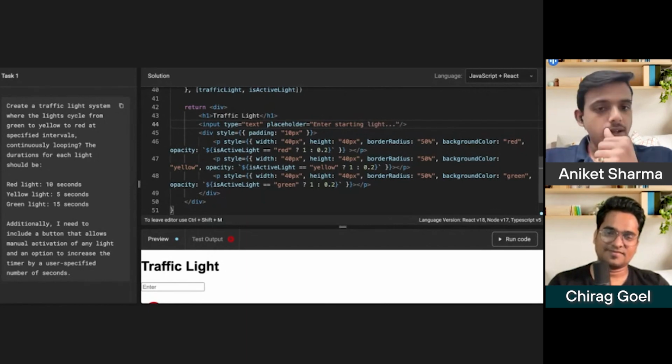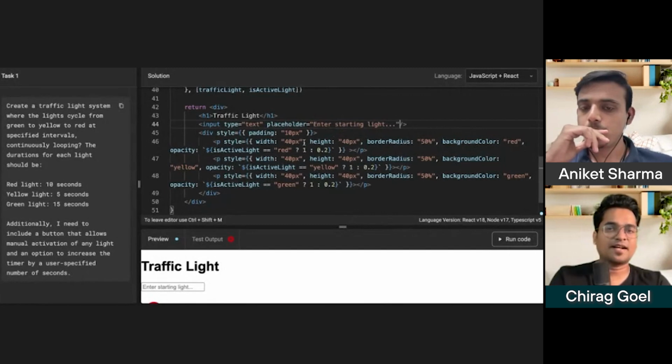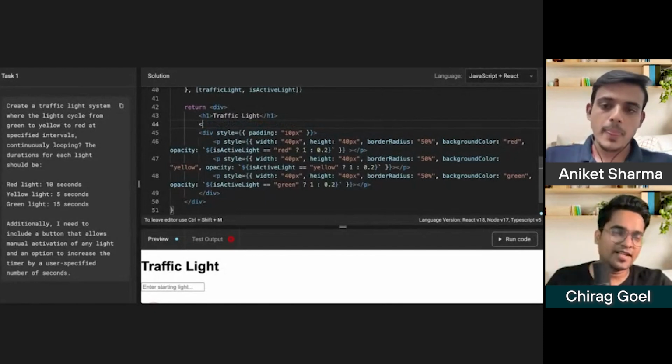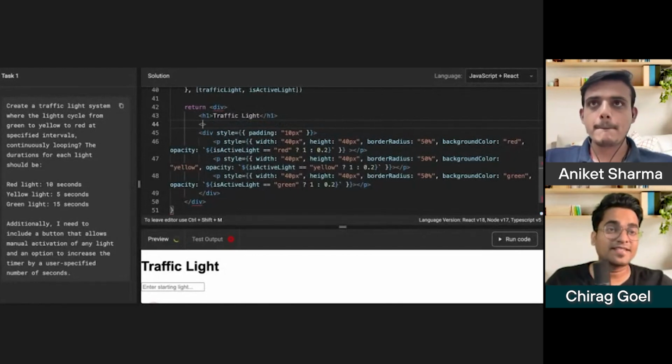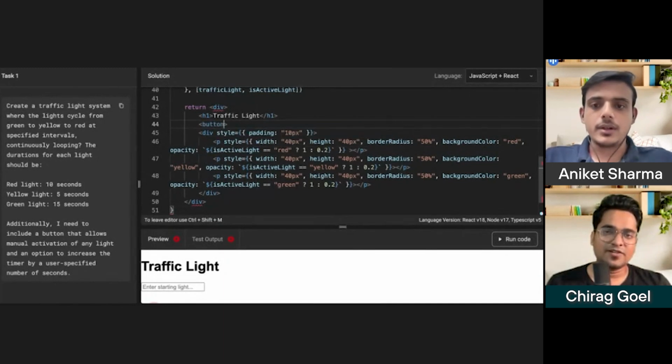Okay, the one which has, it's just a button kind of a thing. So starting line you don't have to test as an enter. It could be a drop down or normal three button. You can say, hey, make this active. So that is the second. The third part, you need the input box where you wanted to increase the time by certain seconds, right? For the second you don't need that.